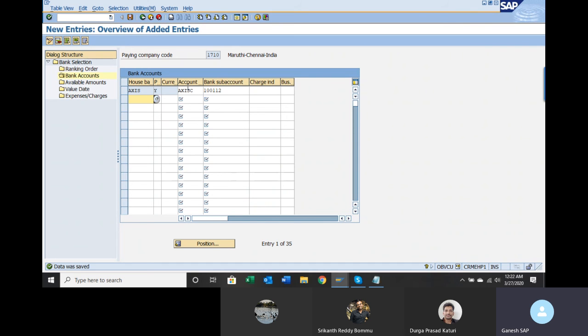In real time, if the customer is specifically asking, yes boss, I want to have better control, you just maintain it so that I will get to know what all the currencies are that I am making foreign currency payments in. For that reason, your customer may ask you.